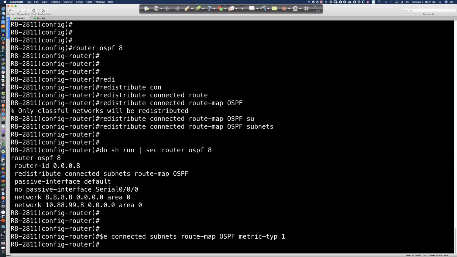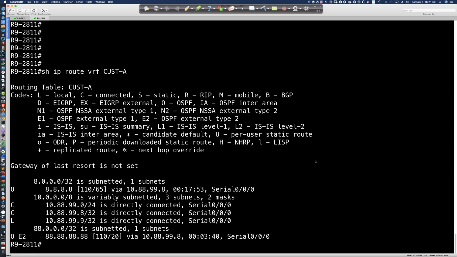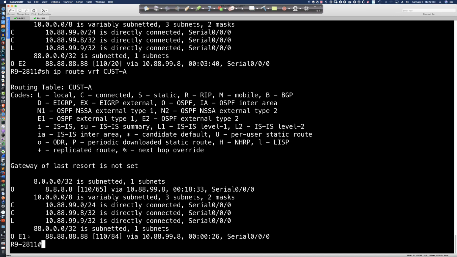But now I'm going to say redistribute that, but don't do it as the default, metric-type 1. You'll notice no error messages, and actually let's make sure, I always like to say do show run section router ospf 8. Let's make sure that that metric-type 1 got added in there. It did. Our route map is still there. The subnets keyword is still there. We are golden. We come back over to the provider edge router where I'm going to say show ip route vrf customer A, where we now see an